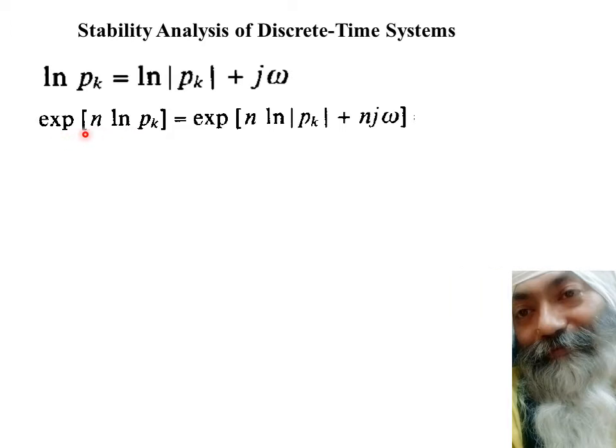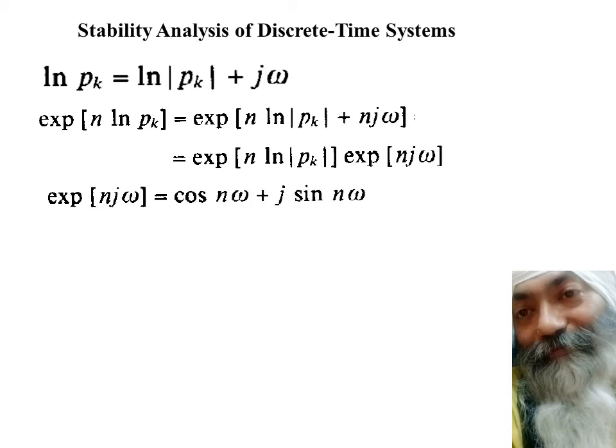And when we take the exponential term of this, exponential of this into log natural of this, if we expand it, the value of log natural of pk, we put the value of log natural of pk in this format, we get this term also expanded in this format. And then we open the brackets. We all know that e to the power a plus b is equal to e to the power a into e to the power b. So this plus sign becomes a multiplication sign as we open the brackets. This exponential goes in. So this is again some simple mathematics.